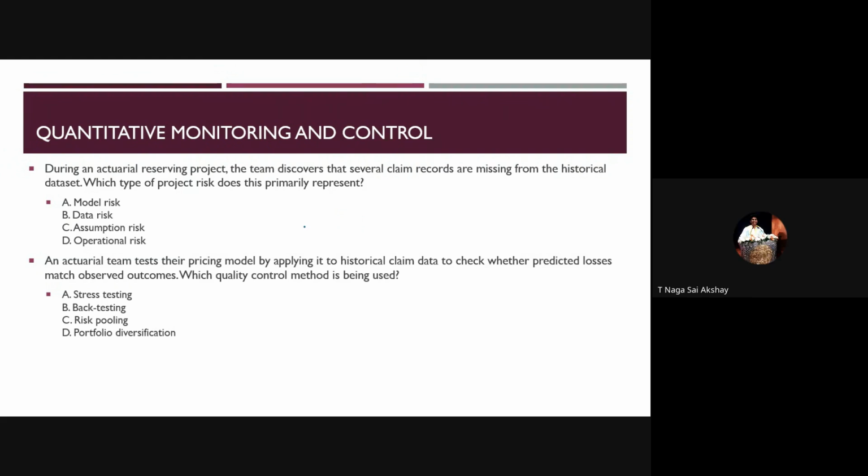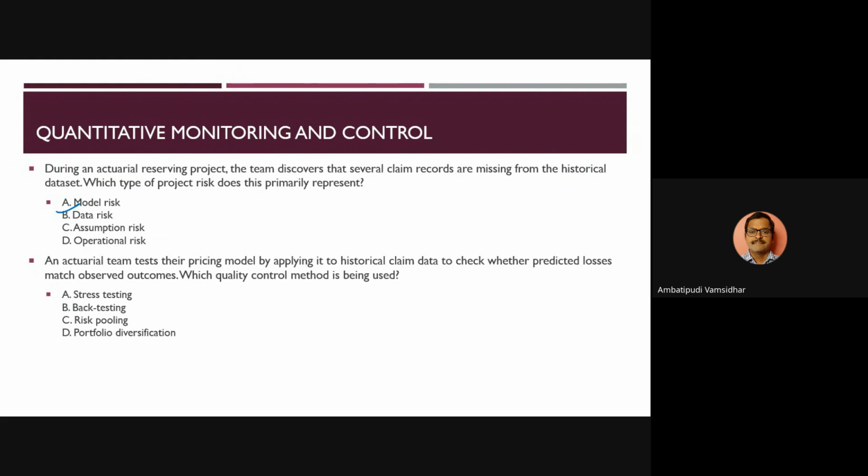Data risk. Data is missing, so this is typically a risk with respect to the availability of the data. Fair enough. An actuarial team tests their pricing model by applying it to historical claim data to check whether predicted